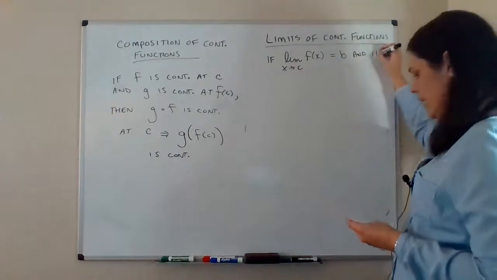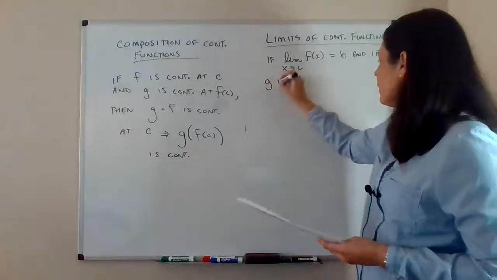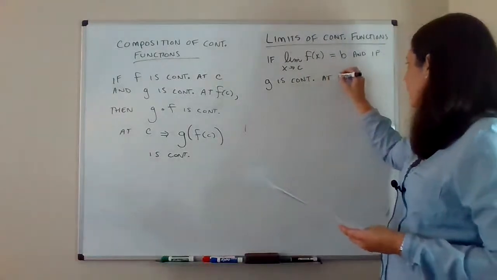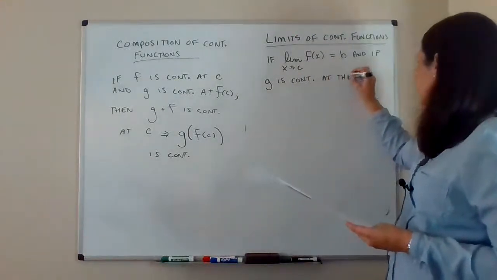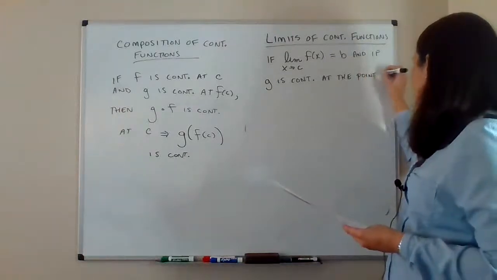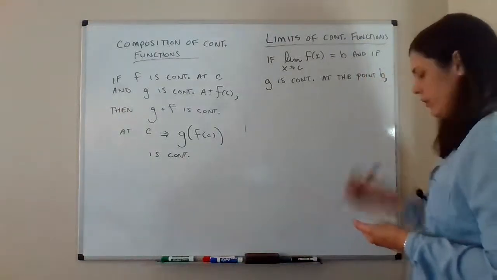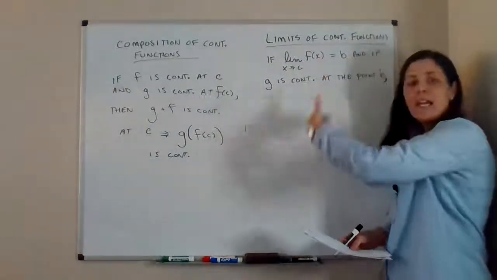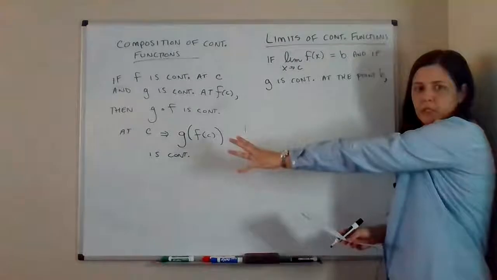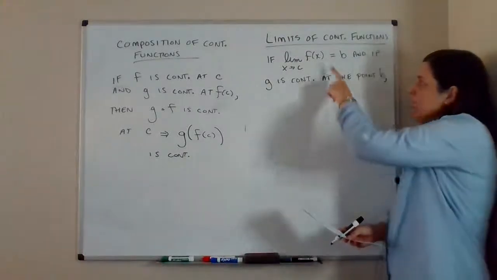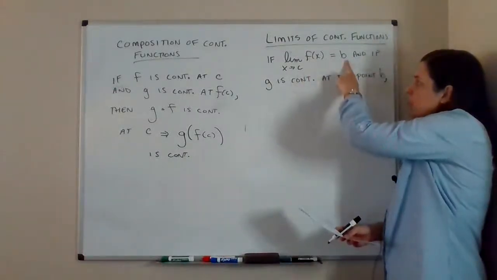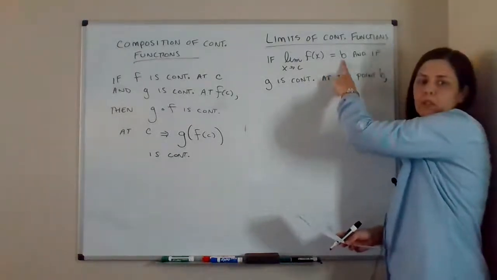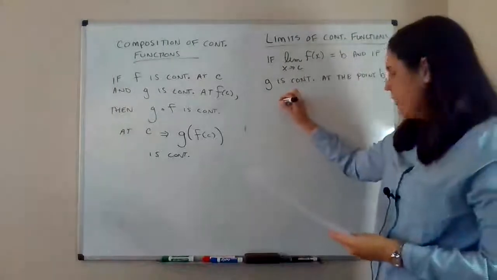And if g is continuous at the point b, so far that's my background, then this happens. This has to do with this composition idea already. I have the limit equals some number, and then I'm saying that this other function happens to be continuous at that number. Okay, then the following is true. So then